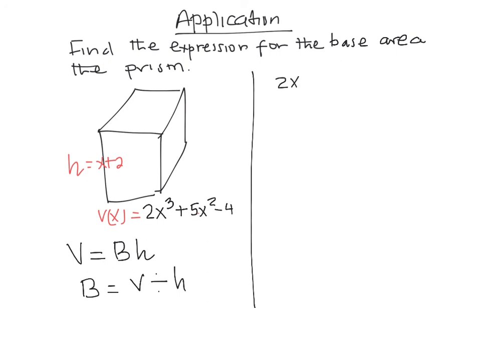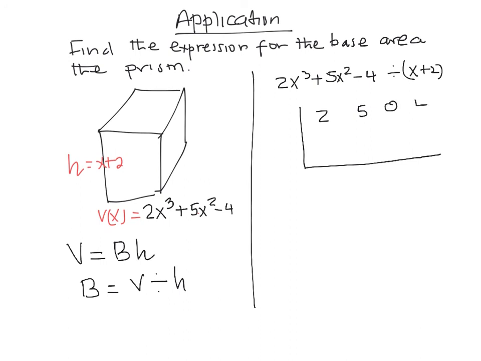So I have 2x cubed plus 5x squared minus 4, and I'm dividing that by x plus 2. And before I divide, I need to write my coefficients. So this is 2, 5, and see x is missing, the x raised to power 1, so I'm going to write 0. Here I'm going to write negative 4, and this is going to be divided by x minus 2. This is going to be 2,